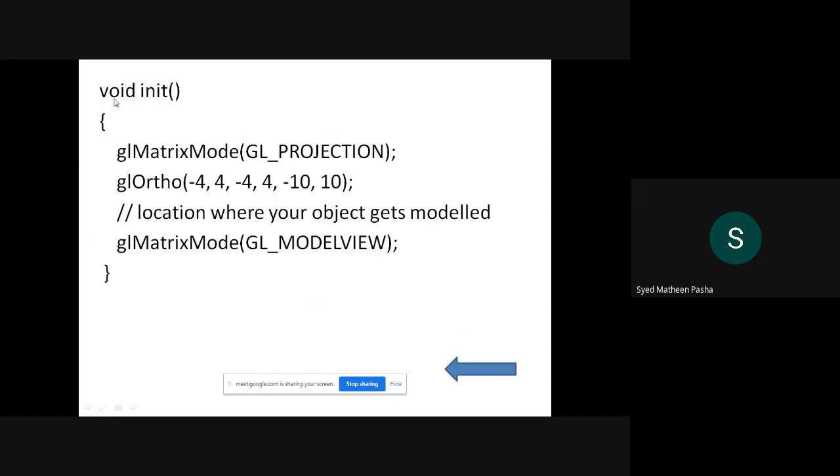In the init function, you define the matrix mode and assign that matrix to the orthographic projection. The type of matrix mode will be GL_PROJECTION. This basically tells what kind of primitive you are using. I have defined the orthographic projection with respect to